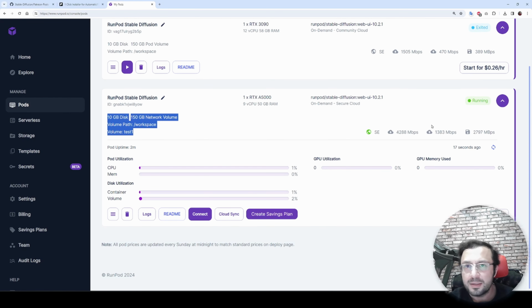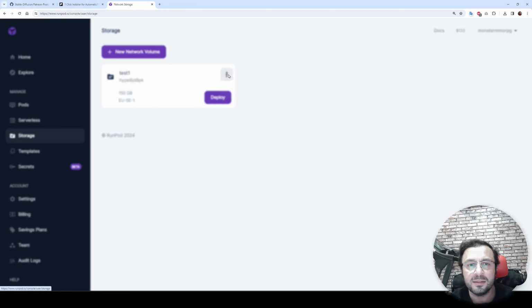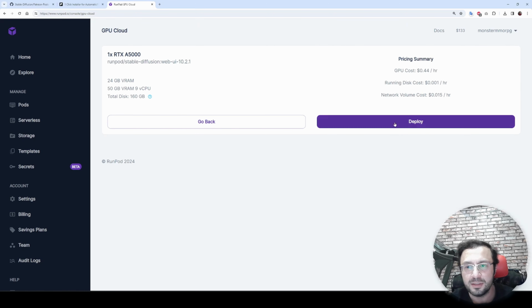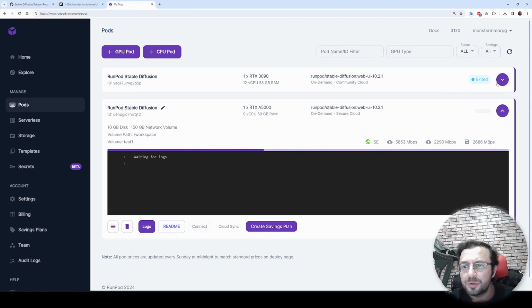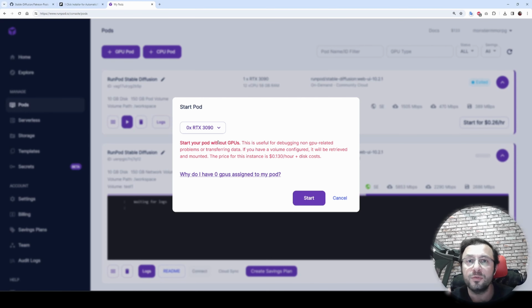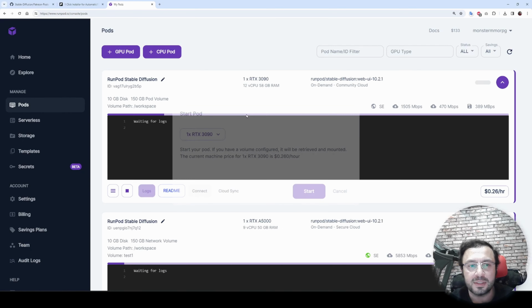However, on the secure cloud, when I click terminate, you see it is gone. However, my data is not gone. It is still inside here, and until I delete it, it will remain as it is. So let's deploy it again on any available GPU like this one again. So just deploy. Okay, now time to set up. So let's see, let's start this. By the way, you see these are the available GPUs. If this becomes 0, you have to move your data into another pod when you are using community cloud or non-storage secure cloud. So let's start it.